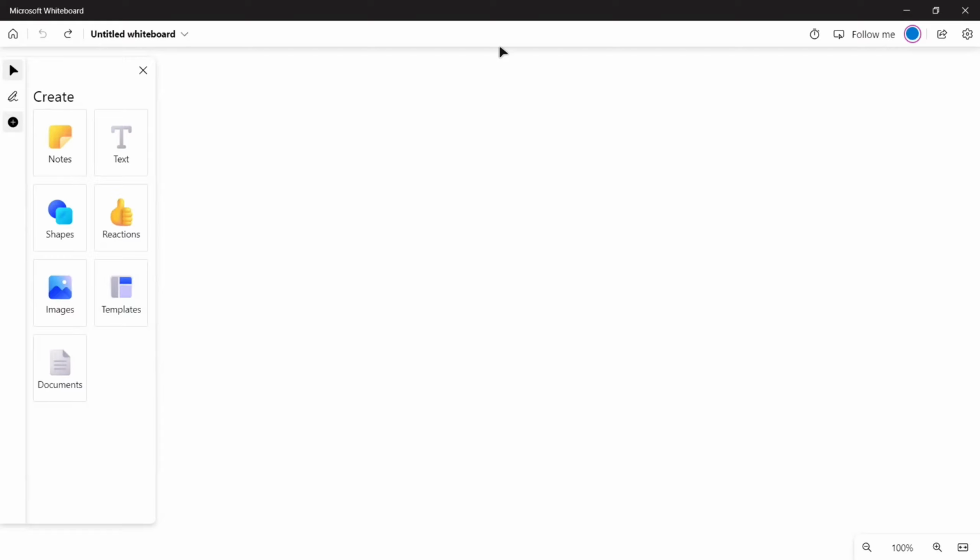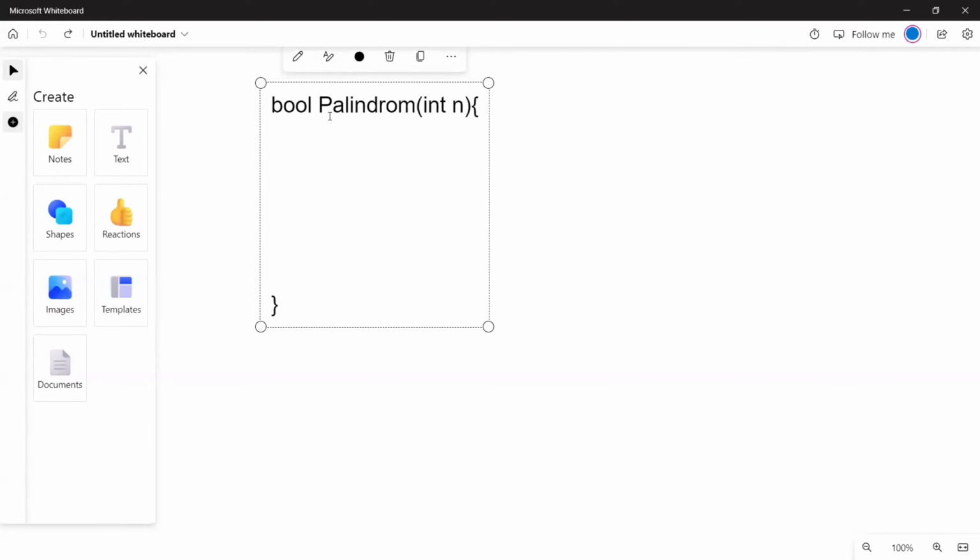So let's write the pseudocode for better understanding. Here we need to complete the function so that we check whether the number is a palindrome or not. If the number is a palindrome, we simply return true, otherwise we return false.